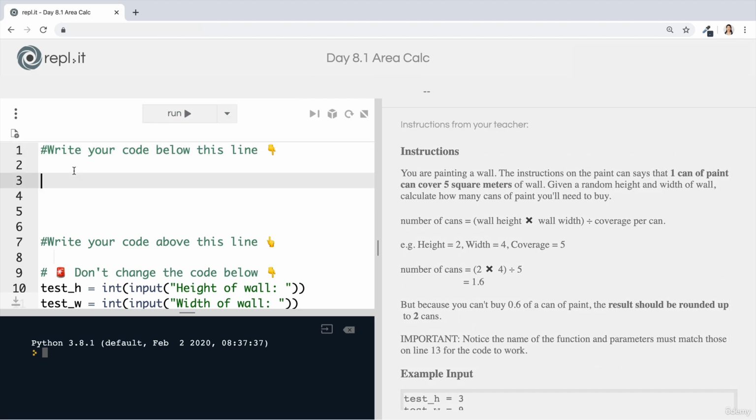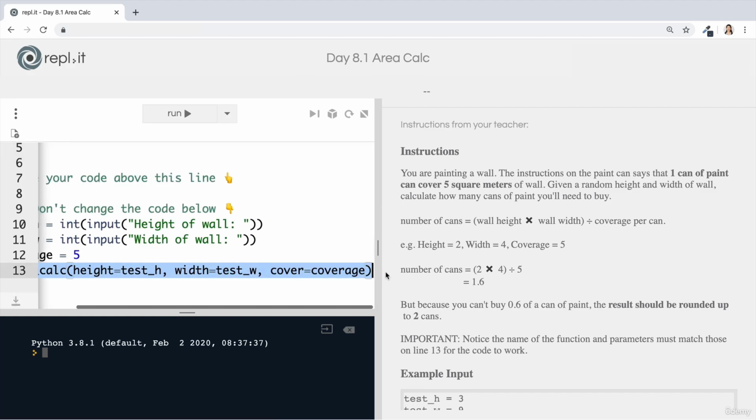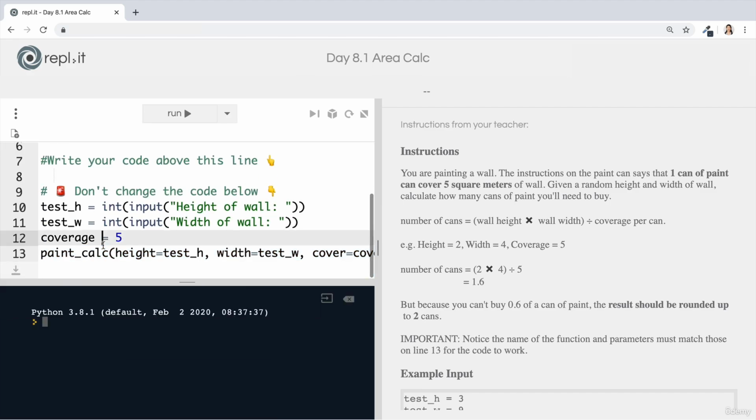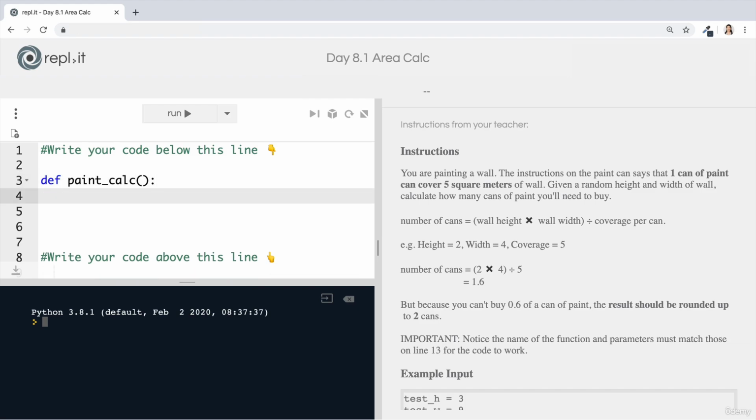All we have to do is to create our function, and we create any function using def. And how do we know what name to give this function? Well, we take a look at where the function was called down here, and you can see that it's called paint_calc. So this is what we have to give our function as the name. And then we of course have our parentheses, our colon, and then inside here we're going to do all the